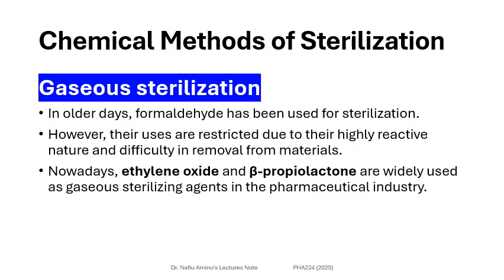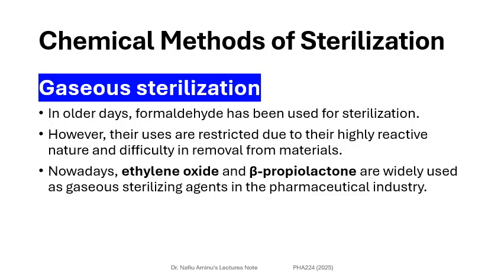But nowadays, this chemical agent formaldehyde is not being used. It is restricted due to its high reactive nature and difficulty in removal from materials. On the basis of the safety concern, it is no longer being utilized as an agent for chemical sterilization. So what we are mostly using nowadays is what is called ethylene oxide and beta propiolactone. They are the ones that are mostly being utilized nowadays to do